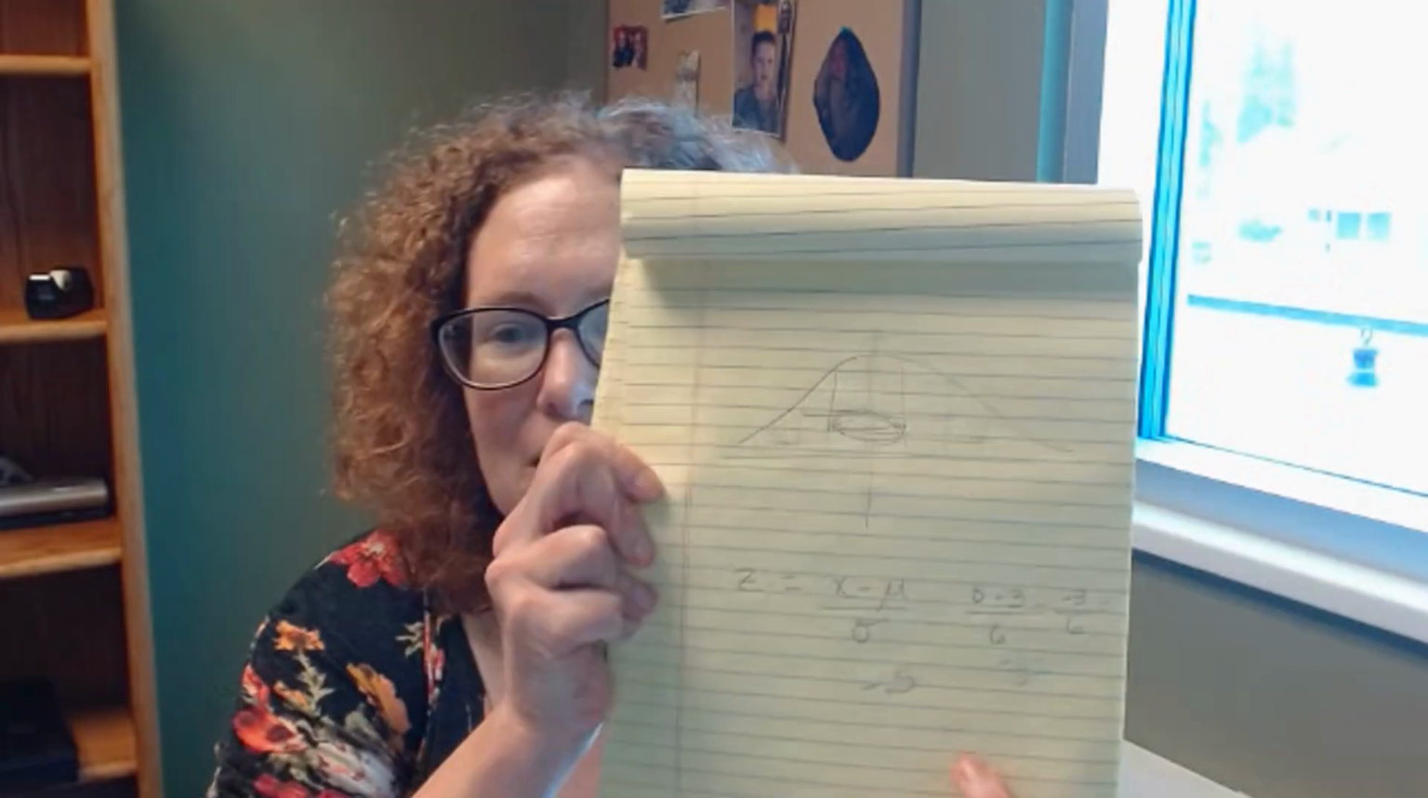Okay, so we're doing that side first, right? We're figuring out that side. So when we subtract that out, we get negative 3 over 6, which is negative 1/2, which is also negative 0.5, right? Because we're going to look at it with the decimal places. And then when we look at